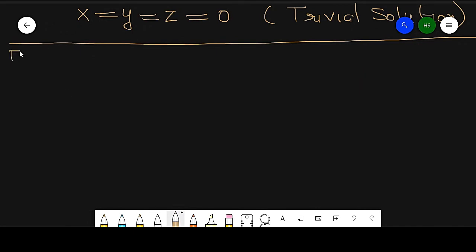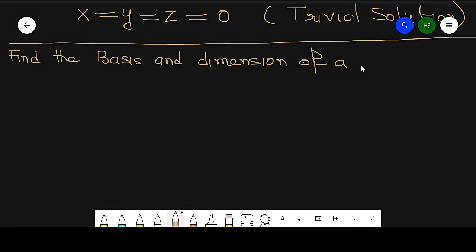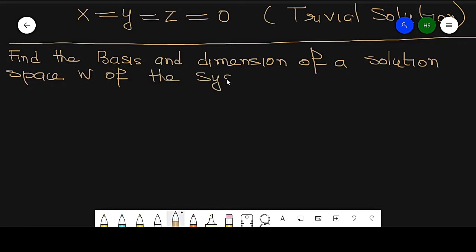So the next statement is: find the basis and dimension of a solution space, which is equal to W, of the system of equations. So which are x plus